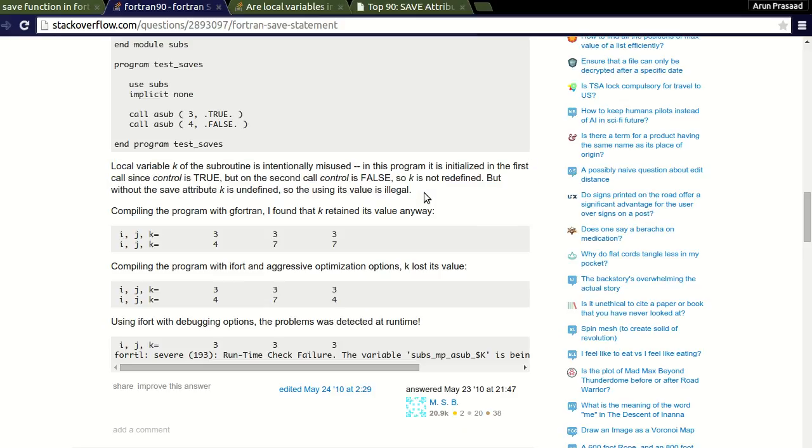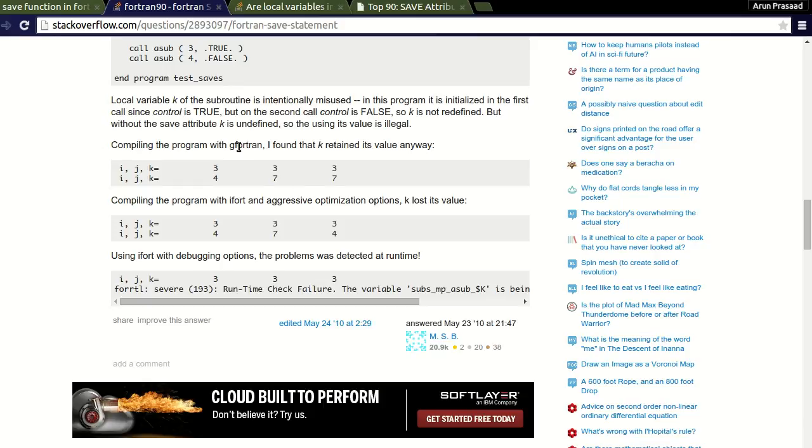But so this call is false. But when you compile this with the Fortran compiler we are using here, the first call prints out nicely. The second call prints like this, 477. Okay, but when you compile this with ifort, the Intel Fortran compiler,